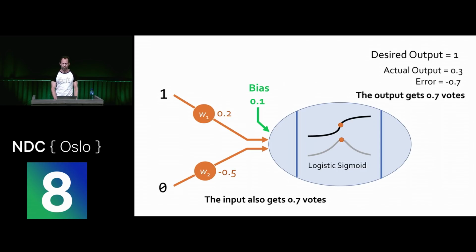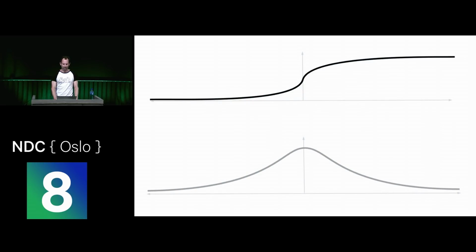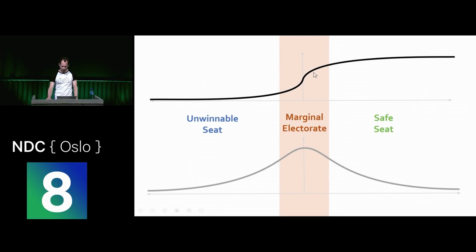They most certainly do, right? Politicians focus their efforts where it makes the most difference, where that slope is the steepest, that's where it has the greatest say. So often they'll decide policies, maybe this is in Australia, I'm sure it's not like this in Norway, to please the marginal electorates, even at the expense of upsetting some safe seats or unwinnable seats, because that's how they can win the election. So that's pretty much how it works in terms of the activation function.